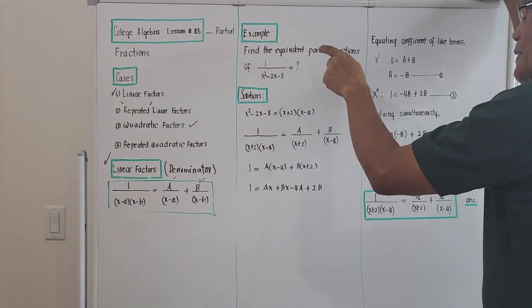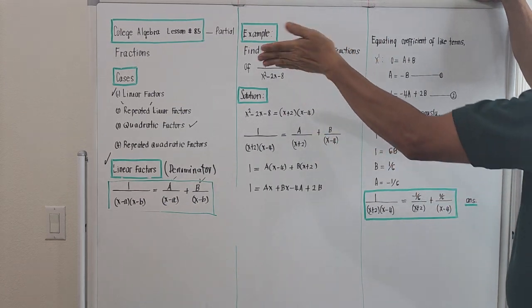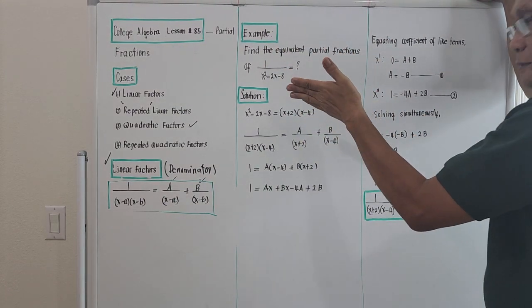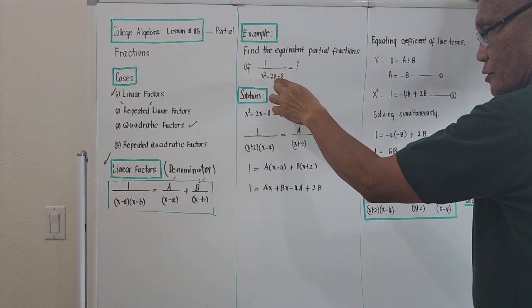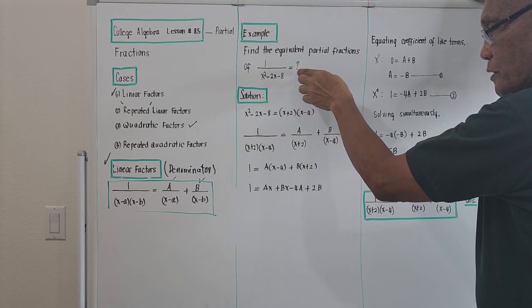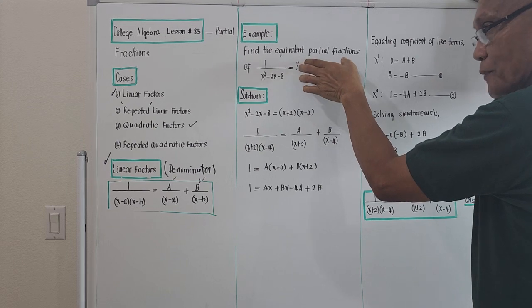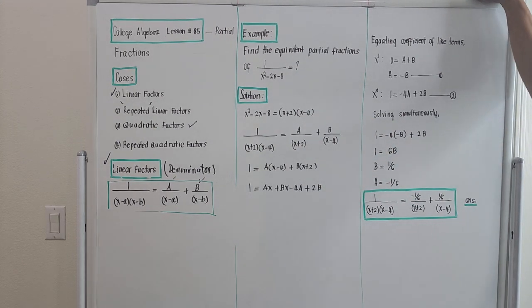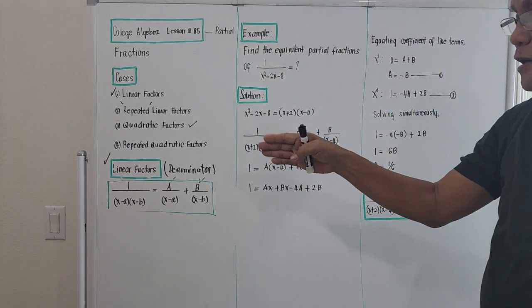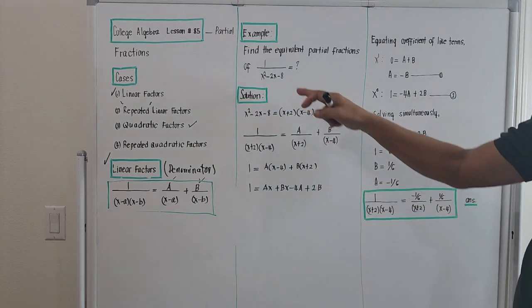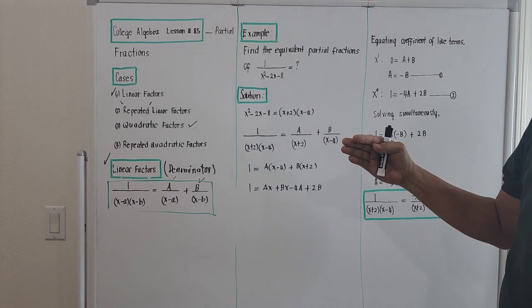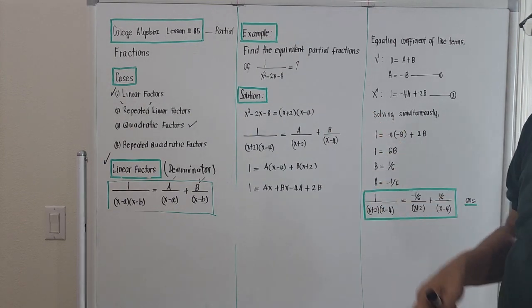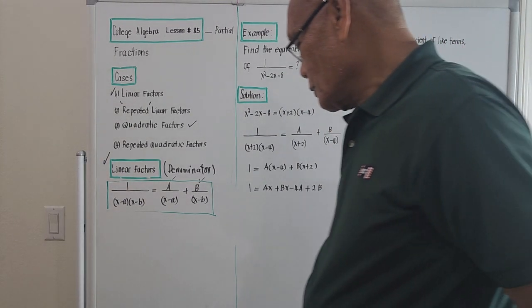Find the equivalent partial fractions. We are given an algebraic equation, 1 over x squared minus 2x minus 8. What will be the partial fraction equivalent of this one? Our topic for tonight is partial fractions under linear factors. If I give you a quadratic equation, this quadratic could be factored into two simple linear factors. So if we try to bring up the solution,